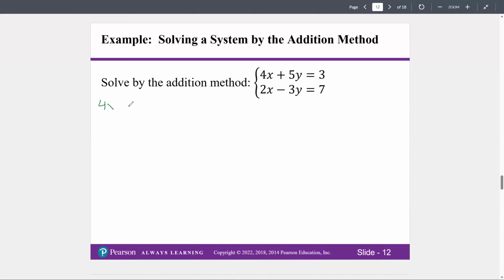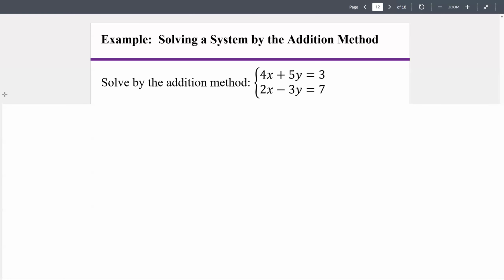I'm actually going to give myself a little bit more space here. So this method may seem like a lot of extra work, but once you get into more involved systems of equations, it may be an easier method to use. There we go. So we're going to have this 4x plus 5y equals 3, and we have 2x minus 3y